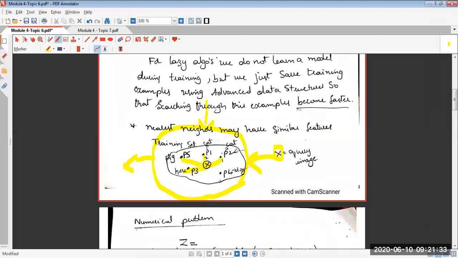So what is the distance in this context? We understood distance is not taking a ruler and measuring how many inches or centimeters. It is similarity. The query image will have some attributes. Similarly, the training data, that is P1, P2, P3, will have some attributes. So how much they are related, that is the meaning of distance in this context. Now, how to compute that? How to determine whether the attributes of the query image are matching with the attributes of training data like P1, P2, P3, and if it is matching, to what extent?